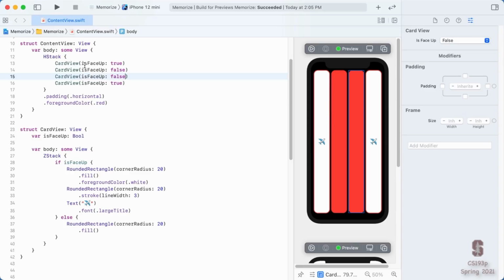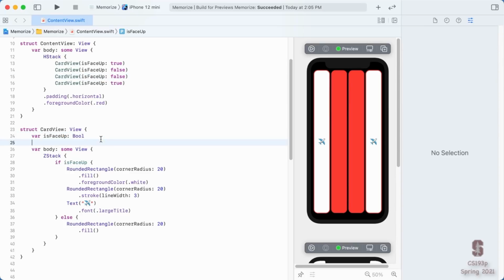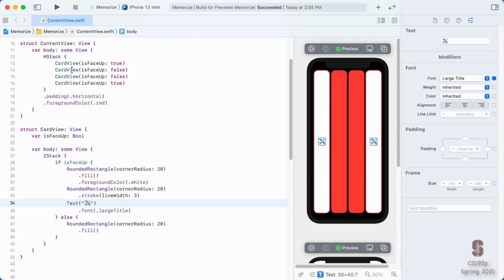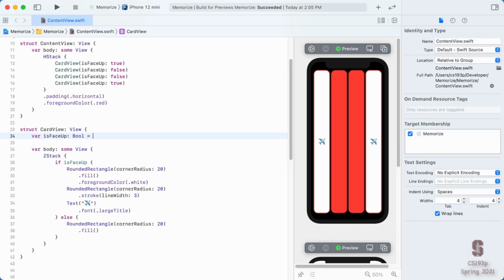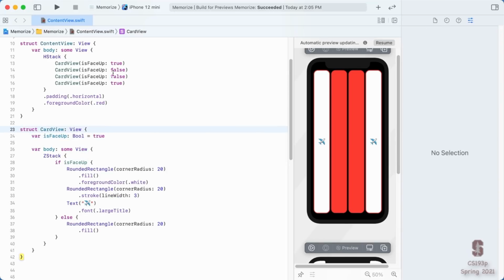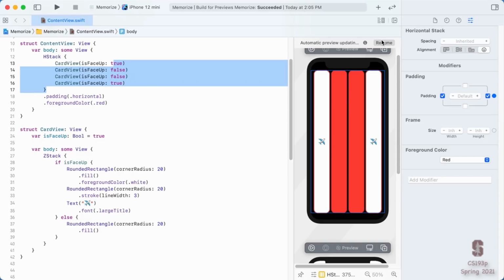This is an important thing to understand about these variables. They have to have values, and if you don't set them inside of your own view, then whoever creates them is going to be forced to do it. Oh, by the way, if you define this to be, for example, true, then this is going to override that.